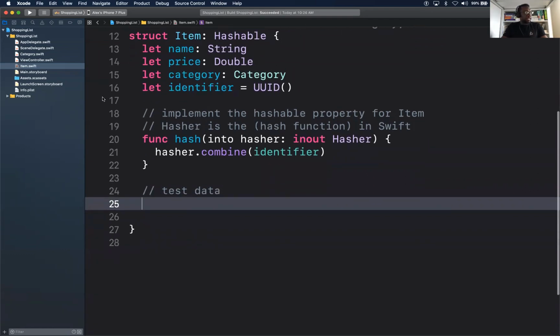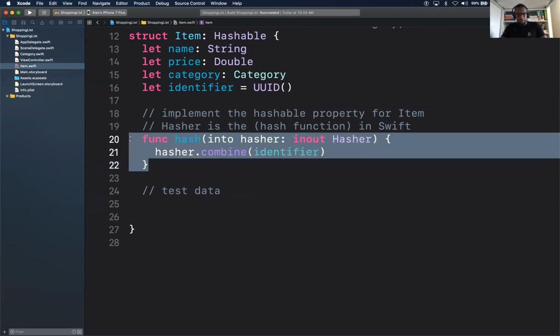Alex, just to clarify that hash thing, you're saying that if we didn't add that function, it would automatically hash all our properties. So it would use all the properties to create a hash value. Yep, exactly.